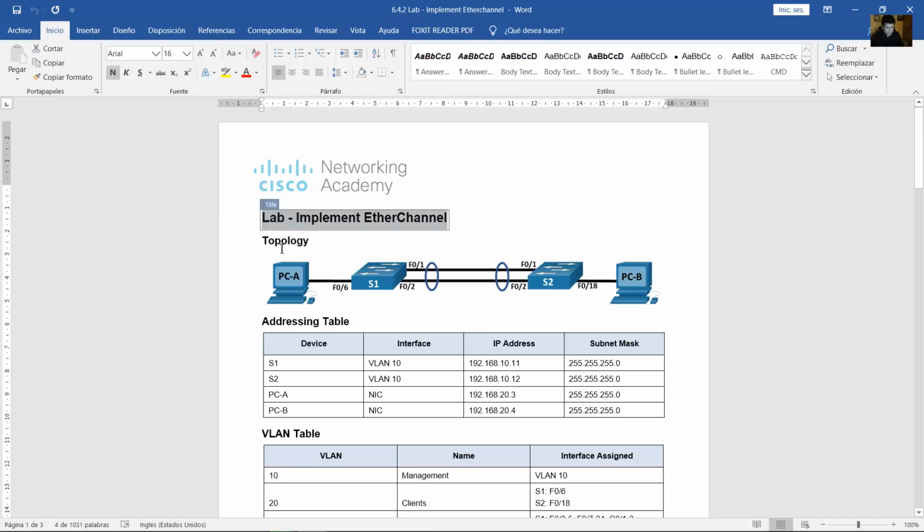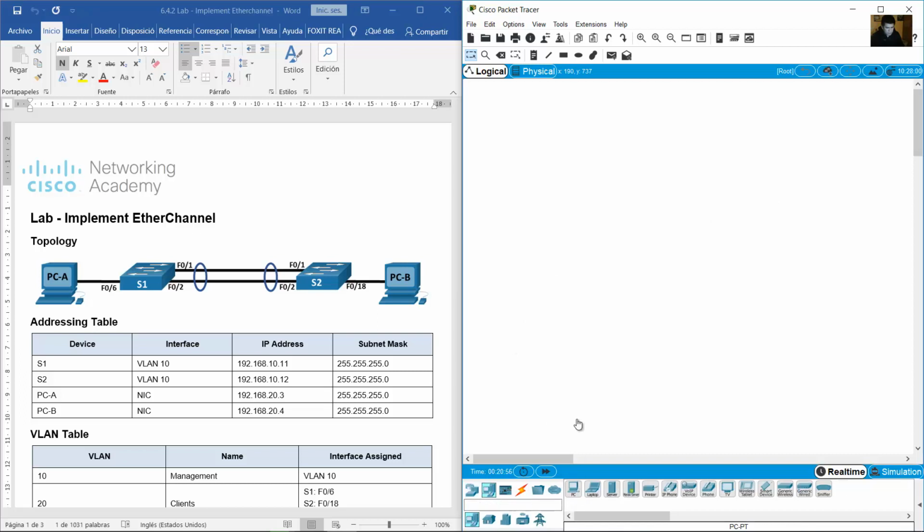Implement EtherChannel. This topology has 2 PCs, PCA, PCB, and 2 switches, S1 and S2,